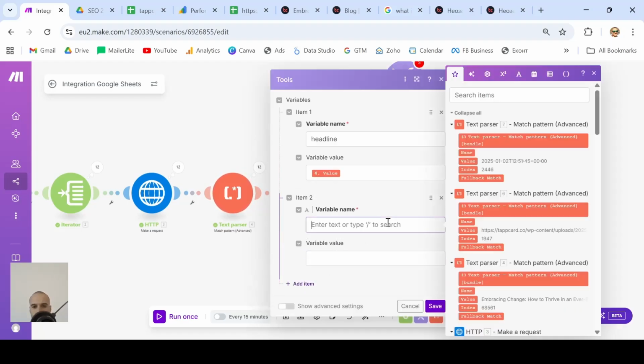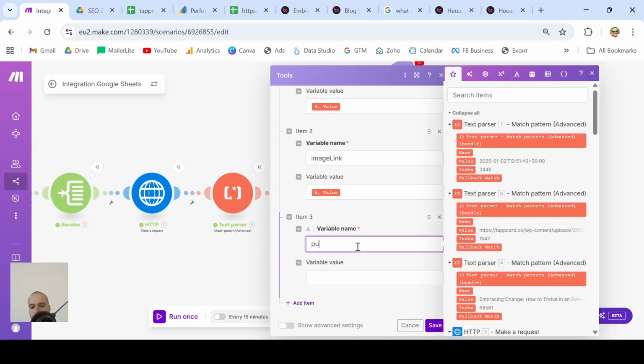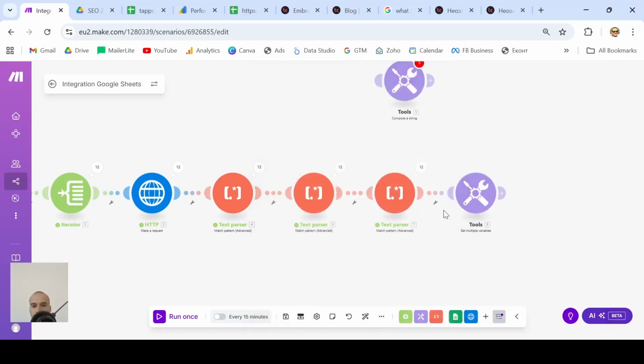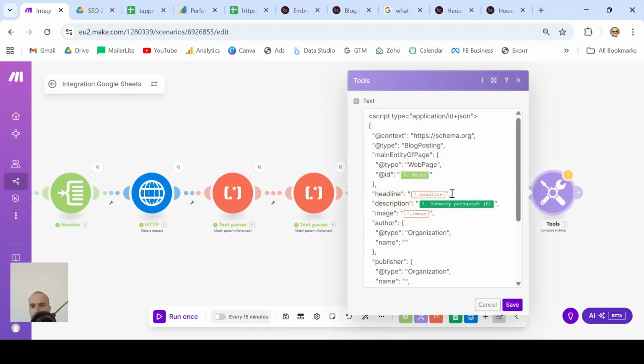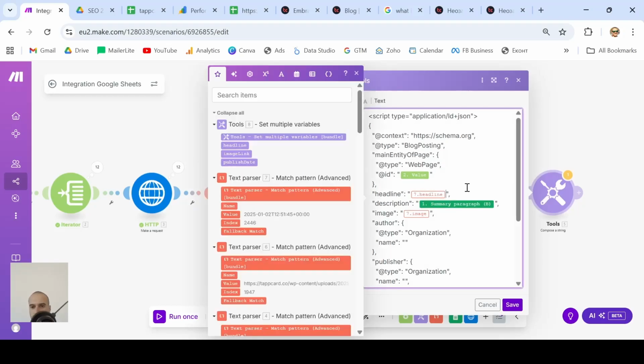We also want the image link. The image link is the second text parser we created, and the publish date is the third one. So this one goes here under variable value. Okay, we click save. Now we add our schema markup module, compose a string, and we need to map this